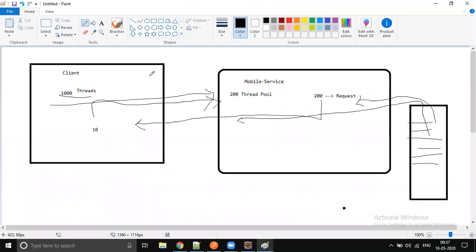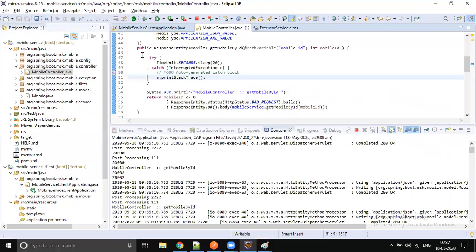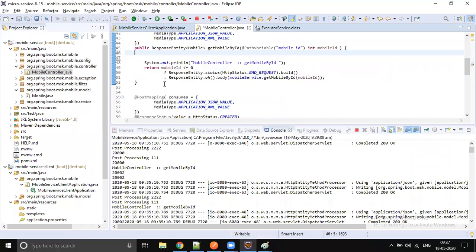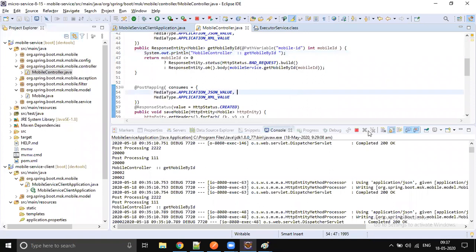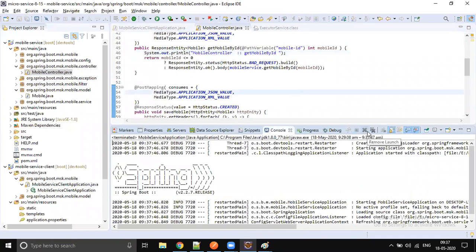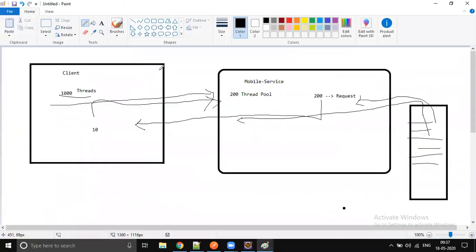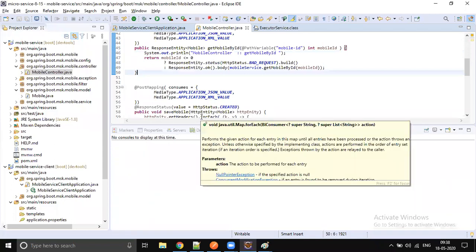Anyway, I showed that Spring Boot can process a maximum of 200 threads at a time. If you keep any latency, then you have to wait, and the response time will be increased. Just for demo purposes I'm doing this. Don't try this in a real-time project. So this is all about using the client, the default thread count, the issues with blocking, and why we go for non-blocking and reactive programming. I hope at least you get some idea.